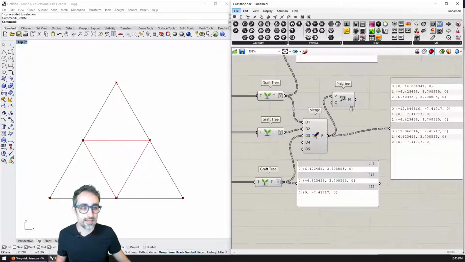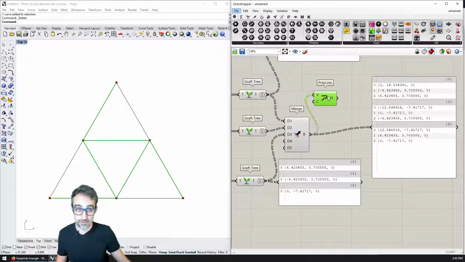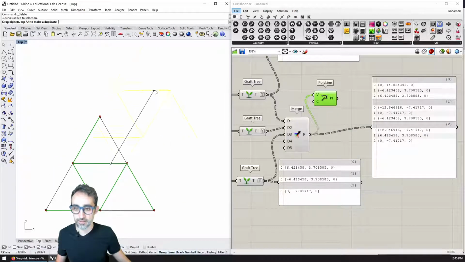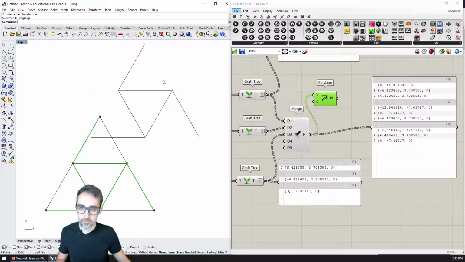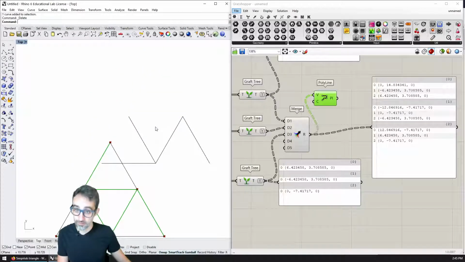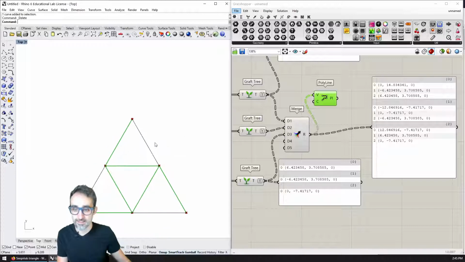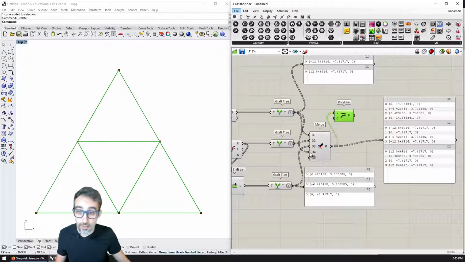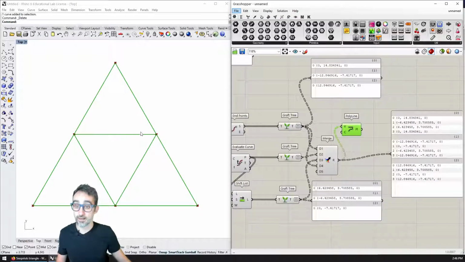Now visually I get the same thing, but if I were to bake this, take them out and then ungroup them, you would see that this is the right triangle, this is another right triangle, this is what I wanted to be getting. And then if I duplicate the last point now, you see that the triangles are now closed.